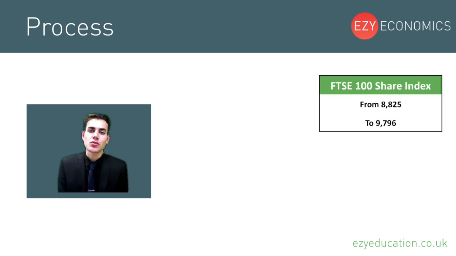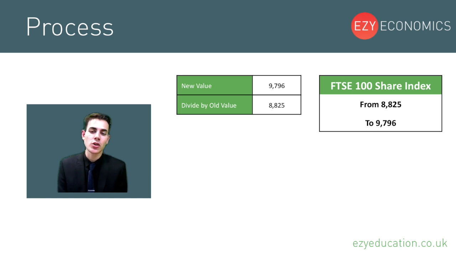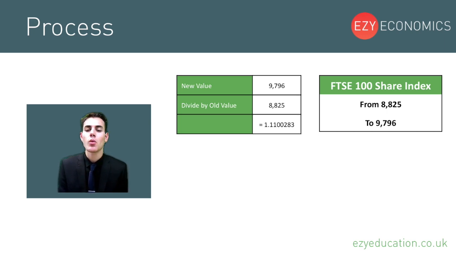So let's now do this particular process for the data that's given to us in the question. Now we know the FTSE 100 share index has risen to 9,796, so that's the new value, and it had risen from 8,825, which was the old value. We then need to divide 9,796 by the old value, 8,825, which gives us